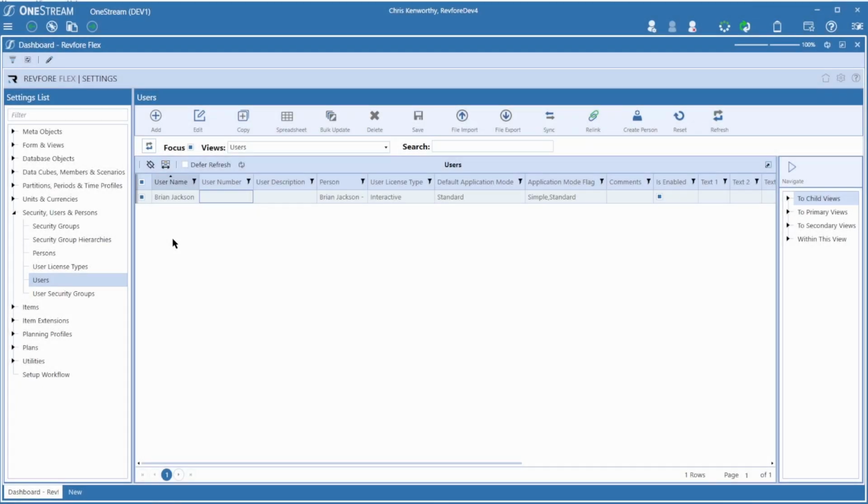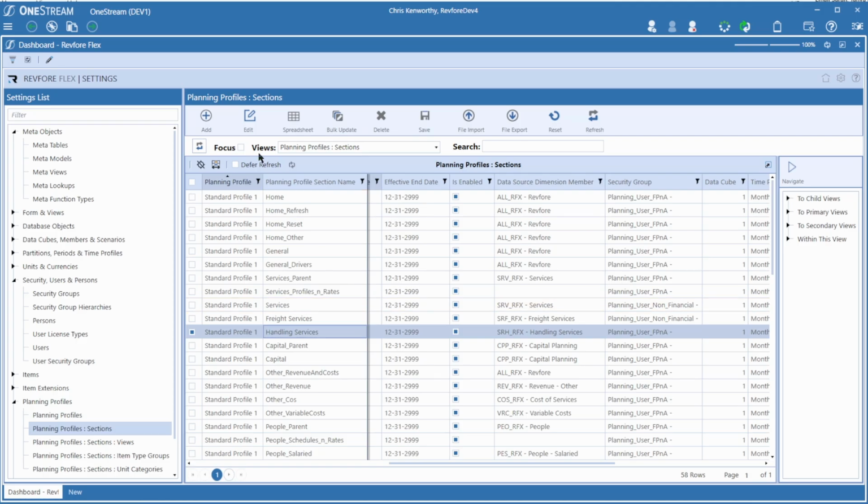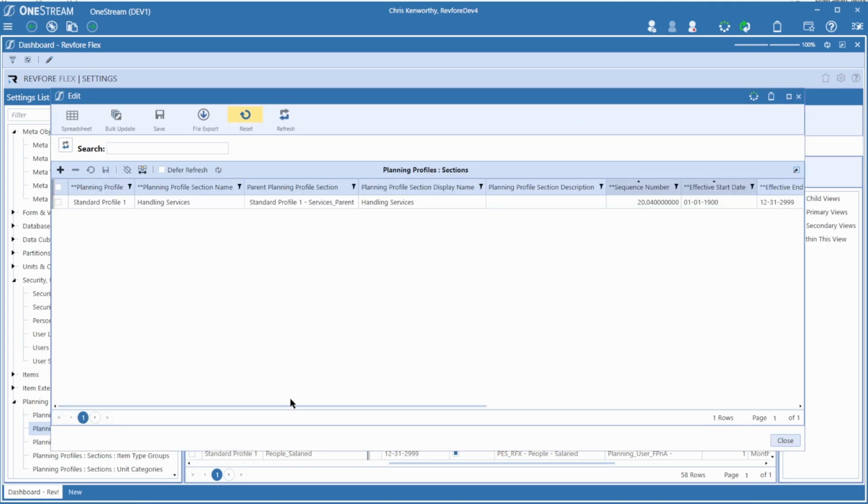Revfore Flex isn't just for finance. It can be extended into operations and other areas of the business. Admins can create simplified, tailored planning experiences for non-financial users by enabling simple mode for an intuitive, streamlined interface, assigning security groups to show only relevant planning sections,